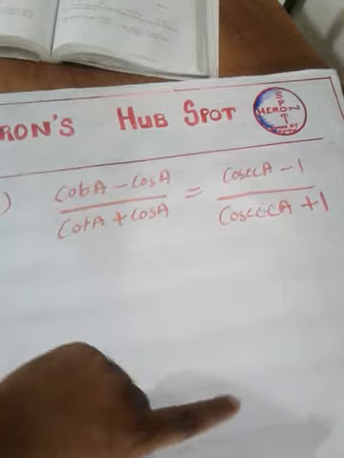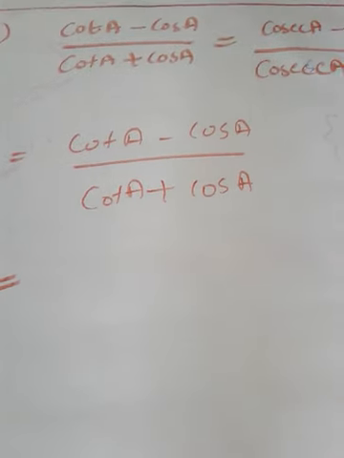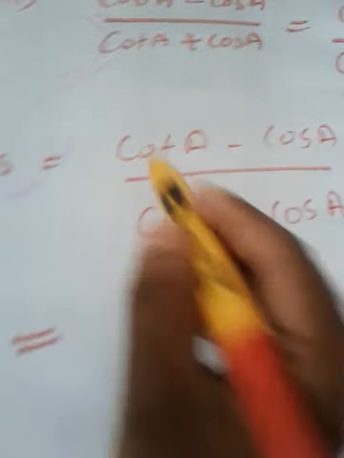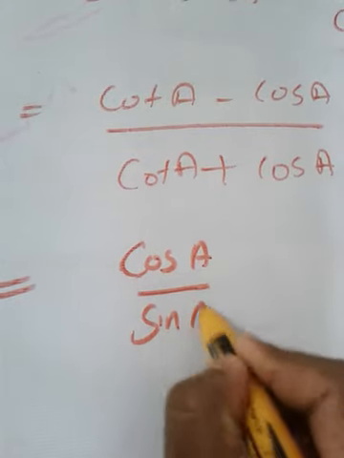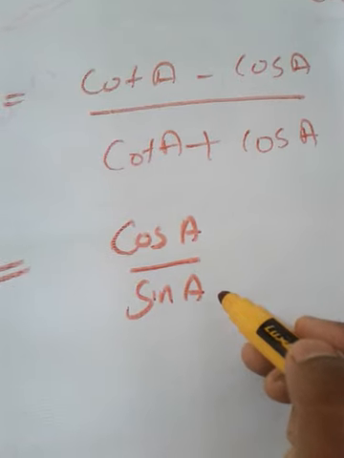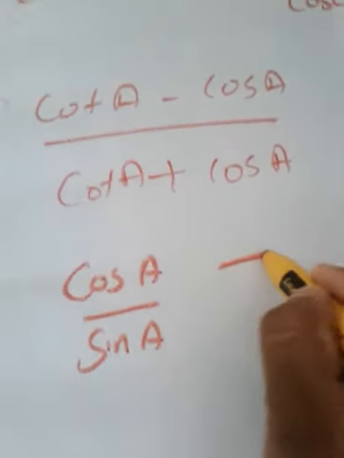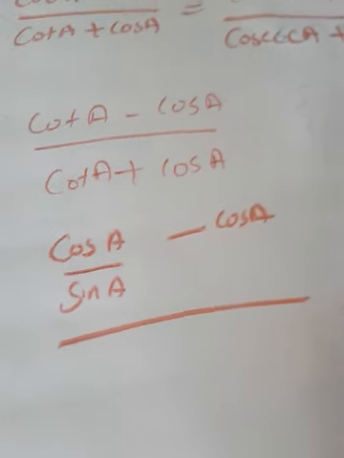Then only we can reach the RHS, isn't it? So as I told you, in order to make the presence of cosec in the LHS, what do you mean by this cot? Can I write it as cos A by sin A? Of course, cot is nothing but cos by sine. We already discussed, cot is the inverse of tan, and tan is nothing but sine by cos. Then cot becomes cos by sine. And minus cos A as it is, because cos and sine are the most simple operations.